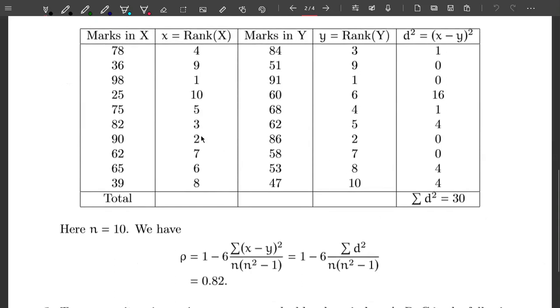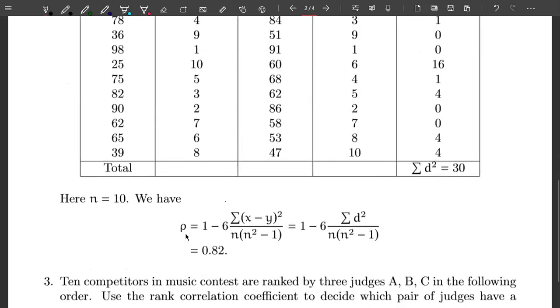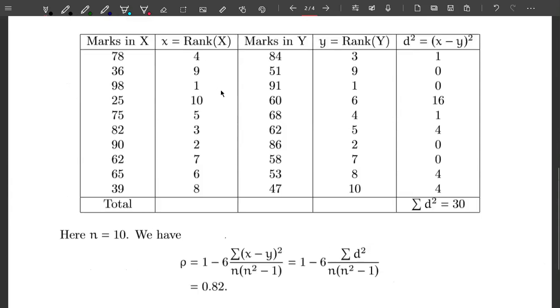Now what is N here? N is equal to 10, because 10 values are given, or directly in the question itself they have given 10 students are there. So N is 10. Now again use the same formula for rho, because you can see that the ranks are not repeating here, or no two students are having the same rank.